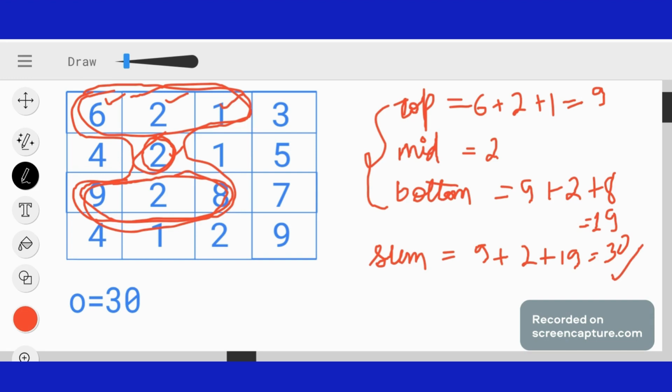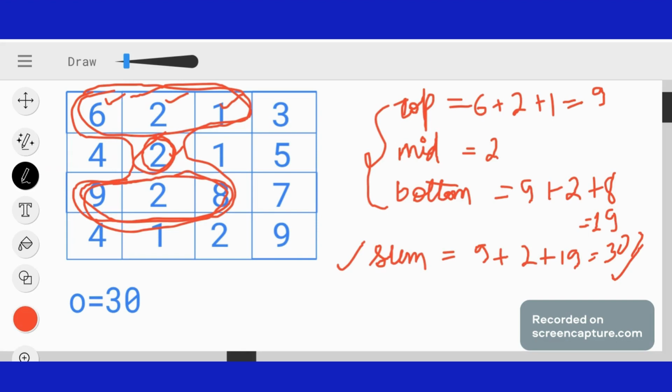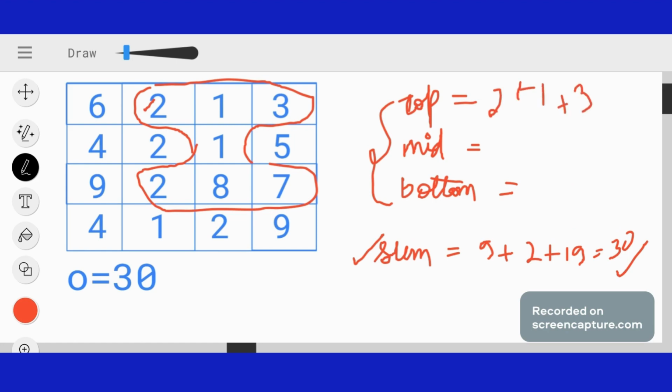We have more such hourglasses in this matrix. So there is a possibility that we can get a sum greater than 30 because we are asked here to find the maximum sum of an hourglass, right? So let's find out the sum of the rest of our hourglasses. Previously our sum was 30. Now let's find out whether we can get a sum greater than 30 or not for this particular hourglass. Let's find out what is the sum of these top three elements. It is 2 plus 1 plus 3. This is coming to be 6.